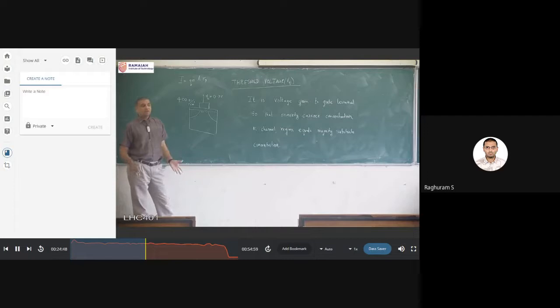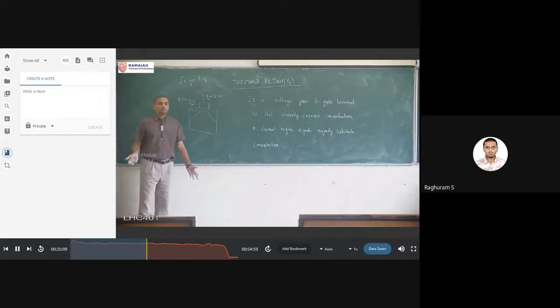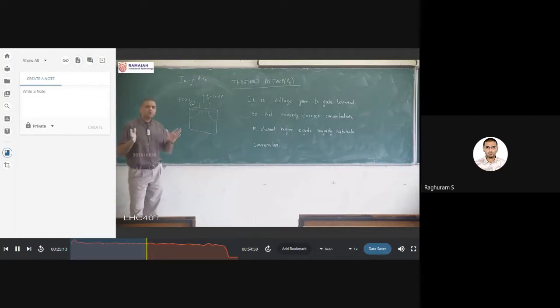You might ask me, what is a good current? For example, if you look at these plug points, they have a current rating. The ordinary plug point will work up to 5 amperes. If you look at some of the more powerful ones in your house, maybe for air conditioner or geyser, it will be 15 amperes. Like that for semiconductors also, current value is important. Generally, for all our purposes,